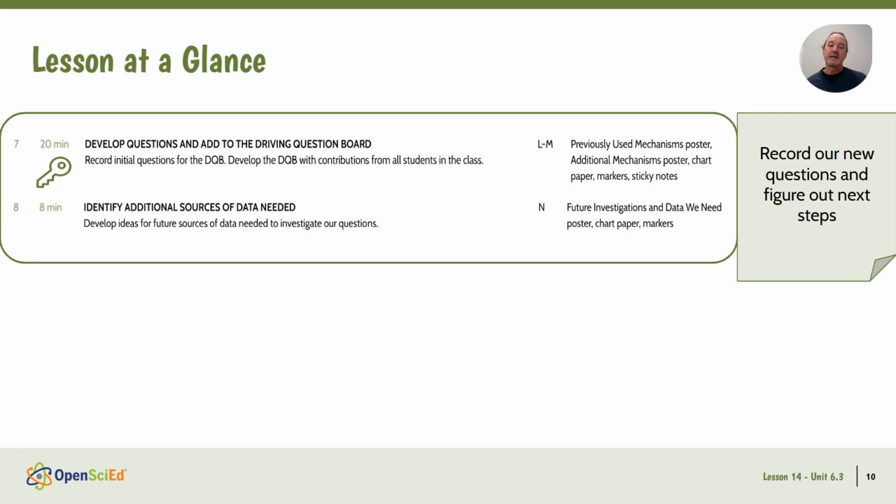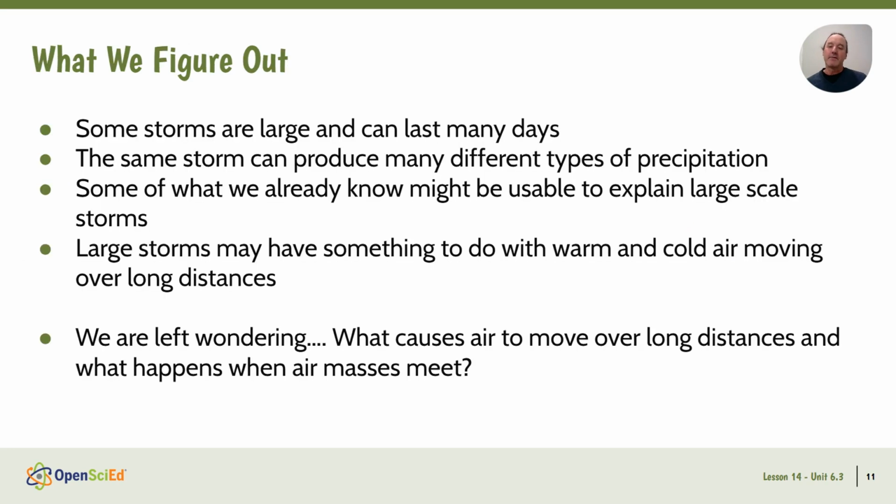So it's a busy lesson, lots going on. But we figure out a bunch of things. We figure out that some storms are huge and last a long time, that they can produce lots of different types of precipitation, not just one. And we are wondering if some of the things we already know might be usable to explain large-scale storms. We find out that large-scale storms may have something to do with warm and cold air moving over long distances, like across the country. And we're left wondering what causes that air to move across those long distances and what happens when